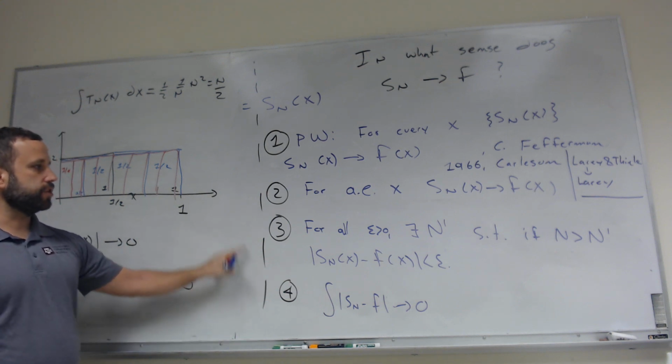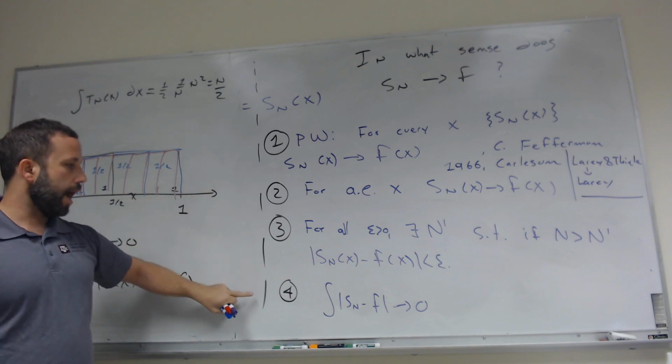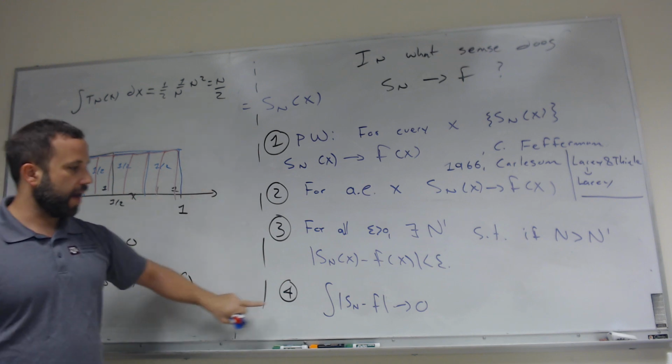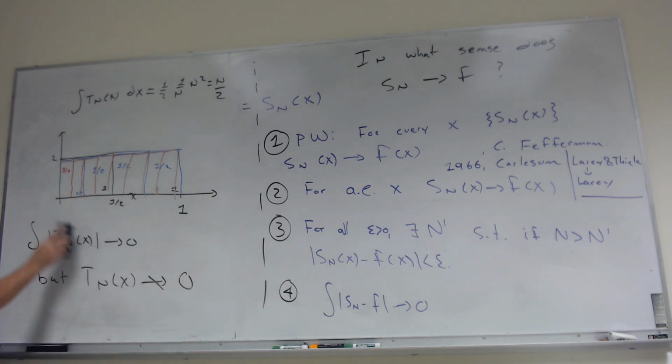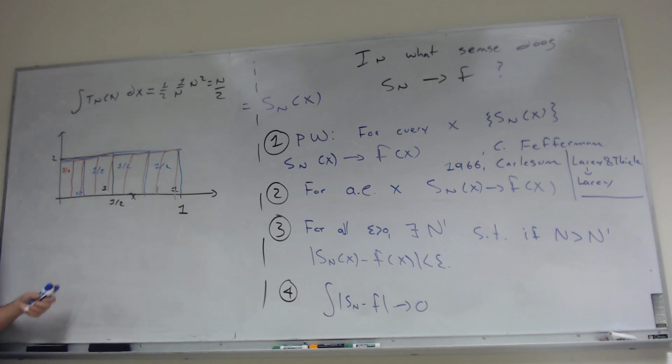If a function converges uniformly, it definitely converges by 1 and 2. But does that also mean that the integral is going to go to 0? Okay, and the answer is yes, as long as we're dealing with a finite interval like this. In terms of measure theory, we'd say a space of finite measure. And the reason is pretty simple.